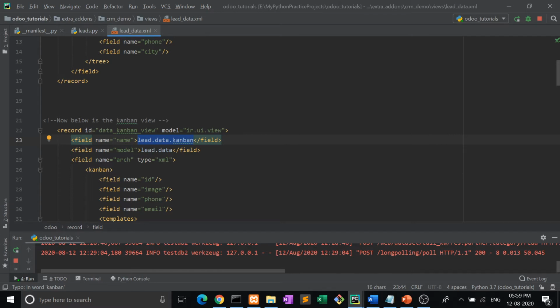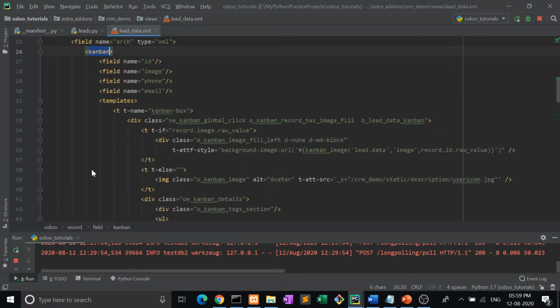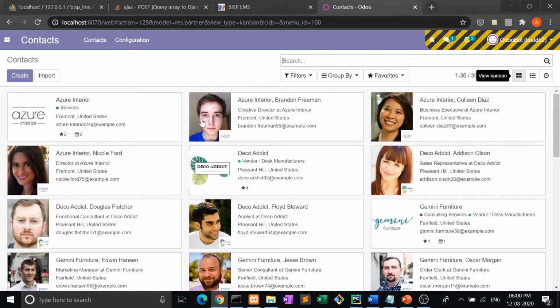After that, the model name is lead.data. This is the table name. Then arch type equal to xml. Now here the kanban tag starts and it ends here. Inside this, first of all, we will take the fields. What fields are we going to show? Then the template starts, the templates tag. Inside this template tag, we define the left side image and the UL LI.